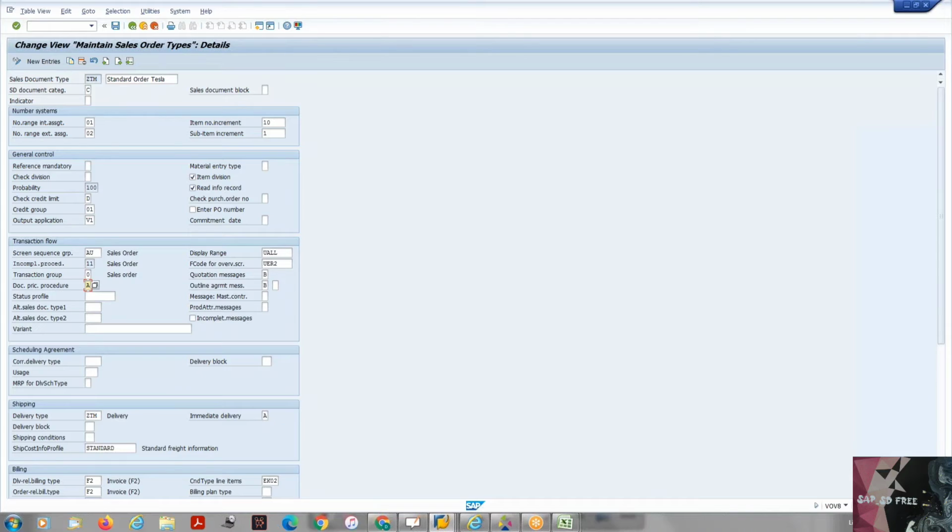If you remember, in the customer master we have also seen something called a customer pricing procedure. Based on the customer pricing procedure in your customer master, based on your document pricing procedure in your sales order type, and based on your sales area, which is your sales organization, distribution channel and division, you will be